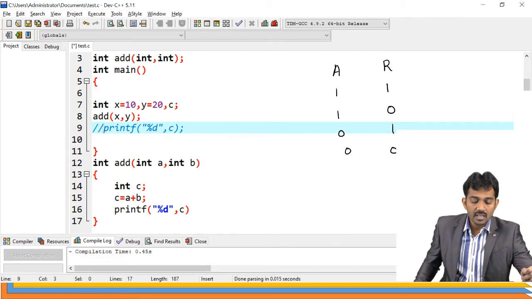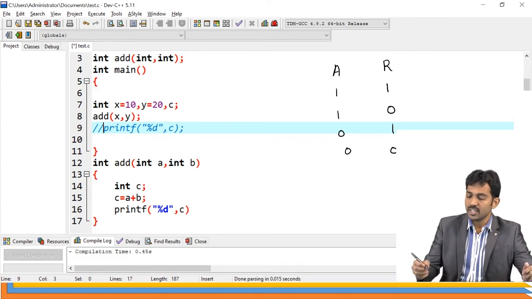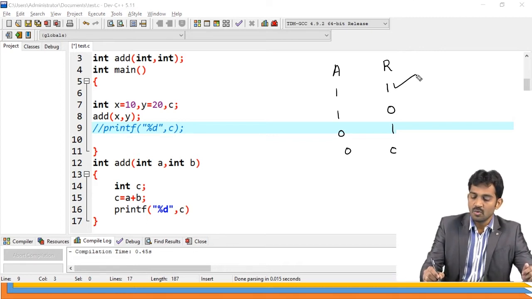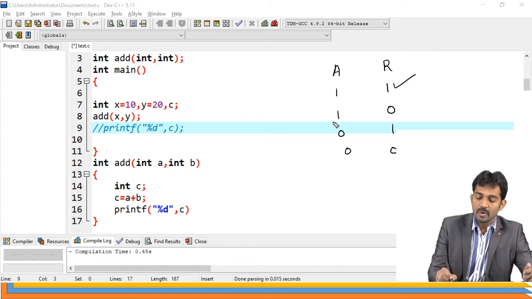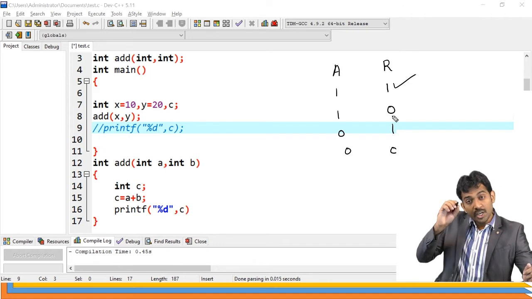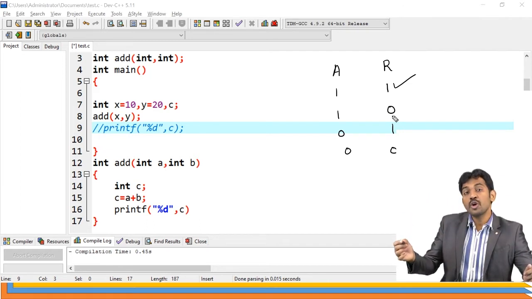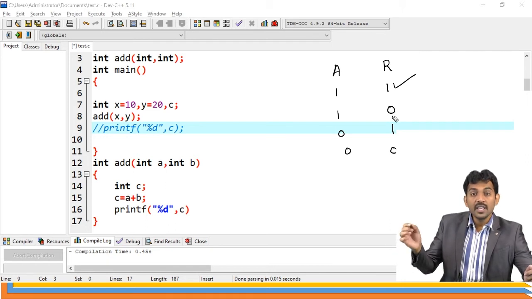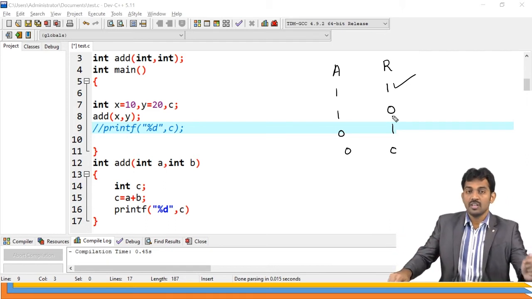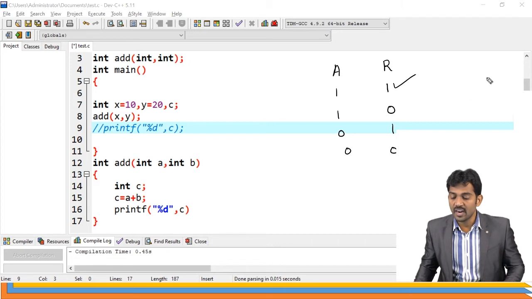Is this clear? Here you are going to send the x and y here, with arguments, the second type. The first type is over; already we have seen it. We are going to see the second type. What is the second type? With arguments without return values. It means the data which you send to the sub function is going to be processed there and printed there only. We didn't get back to the main function, so we don't have a return value there.